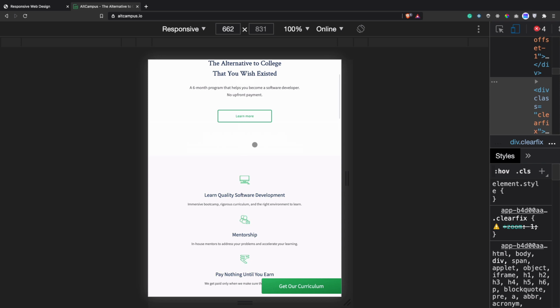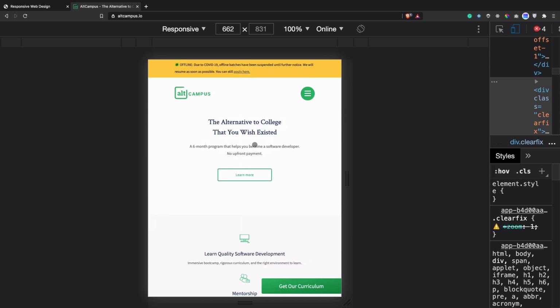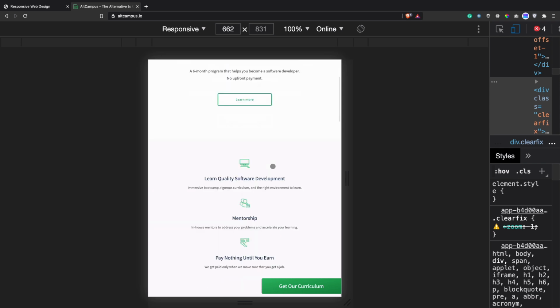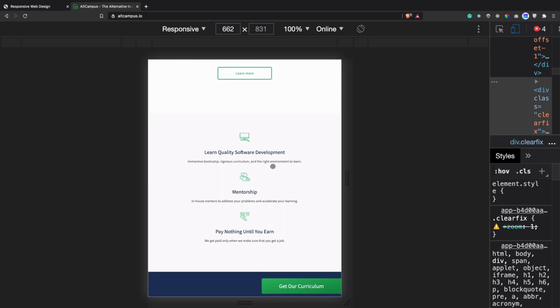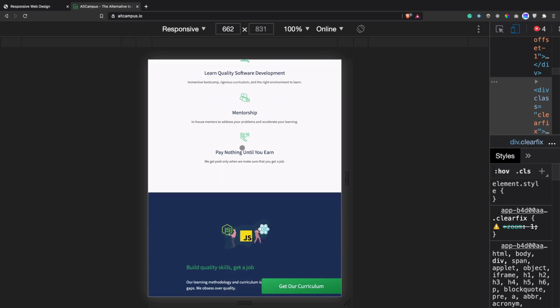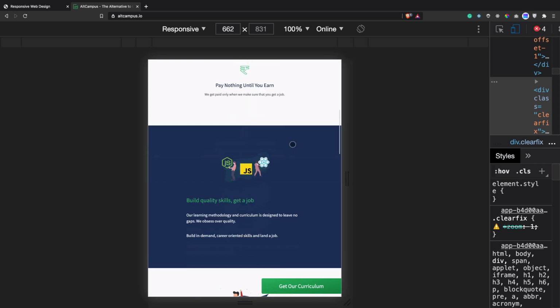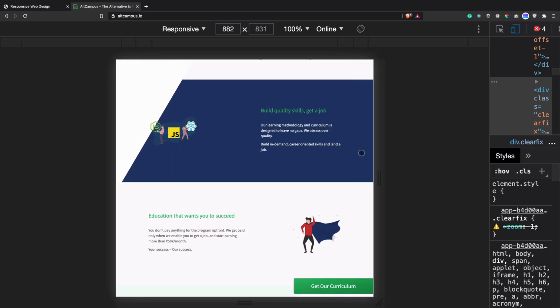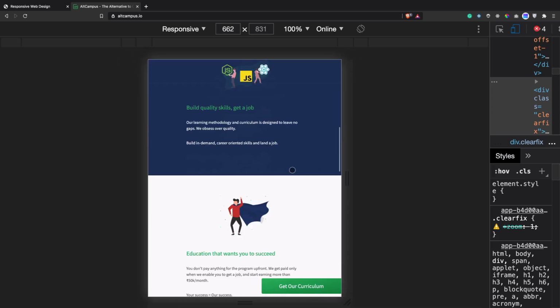So that's the adaptiveness. In adaptiveness we apply some condition, and on that particular condition our layout will change or be in a different structure. Earlier our layout was flowing horizontally, now most of the contents are going vertical. You can see here, but earlier it was something like this. That's the adaptiveness.